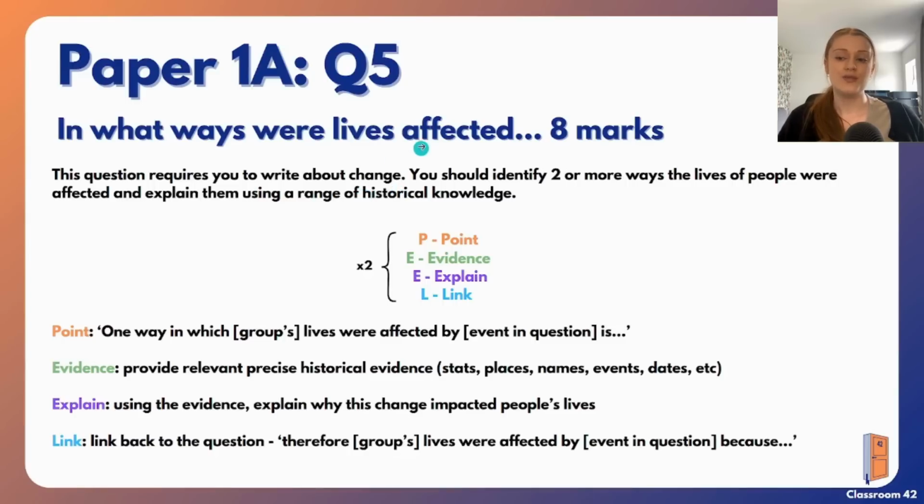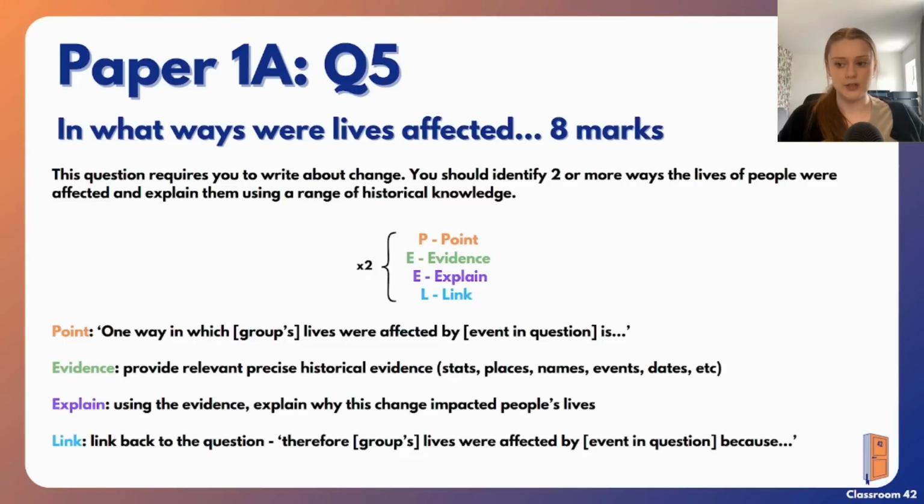Okay, so for question 5, this question will ask in what ways were the lives affected? And this is an 8-mark question. So this question will look at a group of people, so it will ask you in what ways were the lives of, for example, German people affected by, and then a particular topic or event or theme within your unit. And this is worth 8 marks. So this question requires you to write about change. So you should identify 2 or more ways the lives of people were affected and explain them using a range